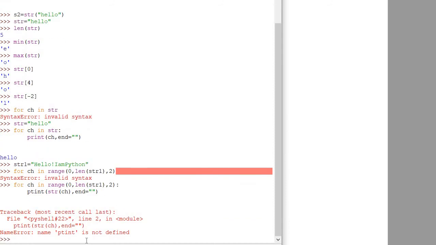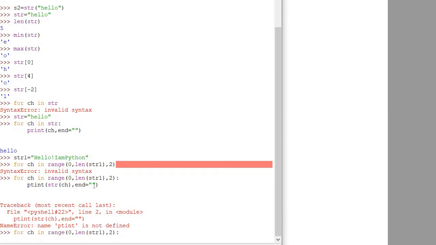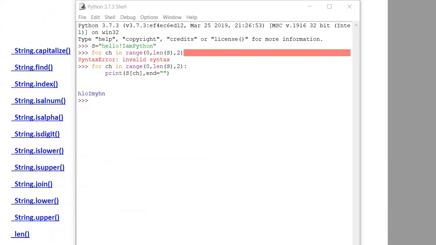Now here you will find what error. Okay, print statement. There is an error in the print statement. Writing mistake here. Now if you see in the program, we want to traverse each second character of a string.